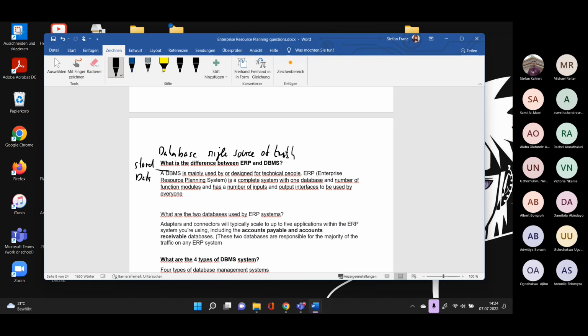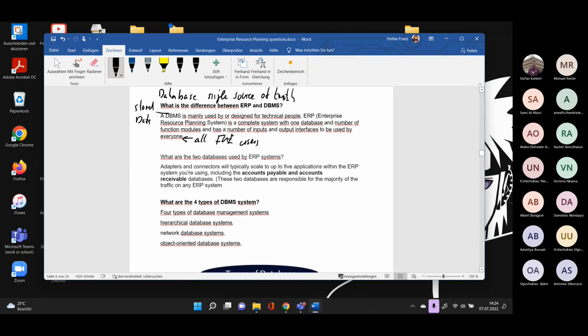Right here. So this system, which has the function to store and to deliver data, has input and output interfaces and can be used by everyone. So all ERP users that have access, full user equivalent. So we have 2 systems within an ERP system,